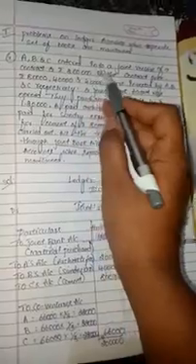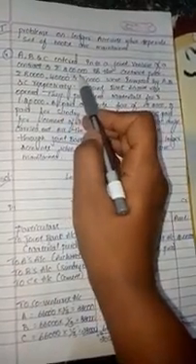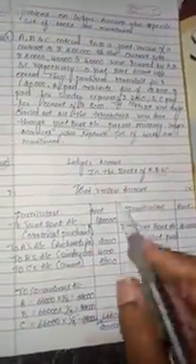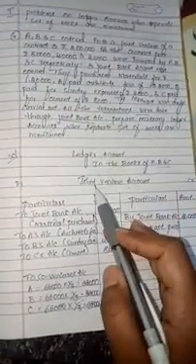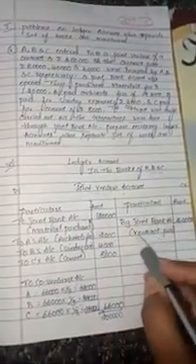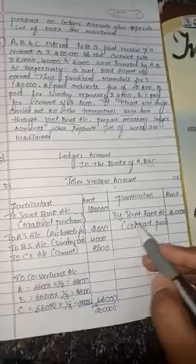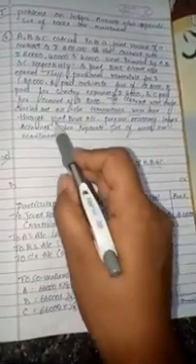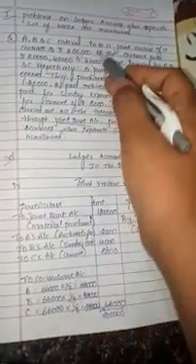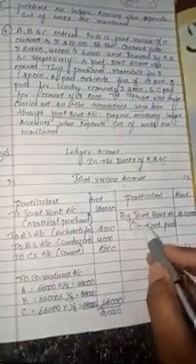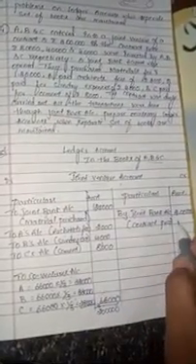We'll see the problem. See, ABC entered into a joint venture. The contract price is 2 lakh. So that will be the ledger account in the books of ABC, joint venture account. How much is the contract price? 2 lakh. All the transactions happened through the joint bank account only, so the entry will be shown as by joint bank account, contract price 2 lakh.